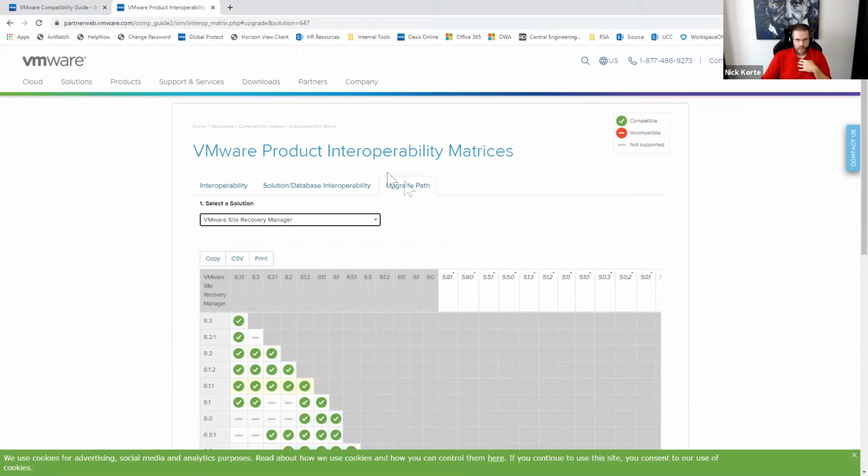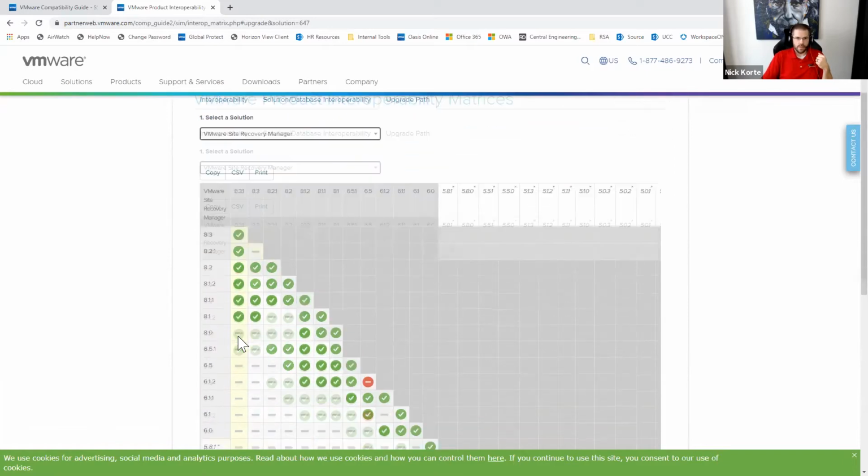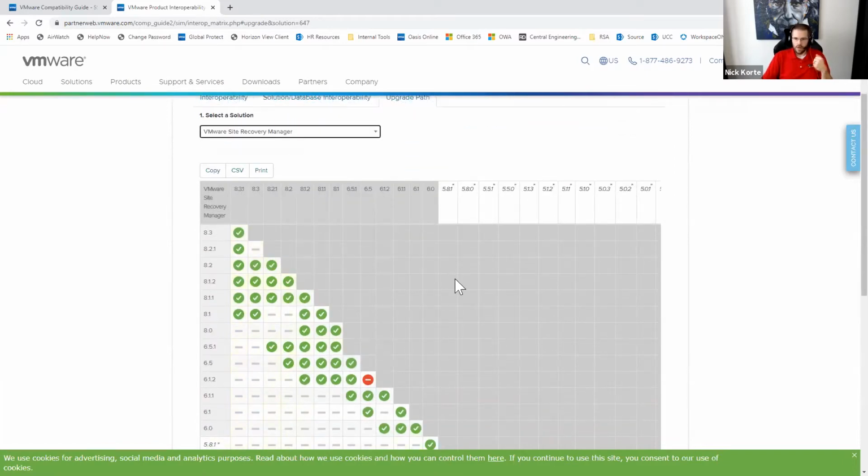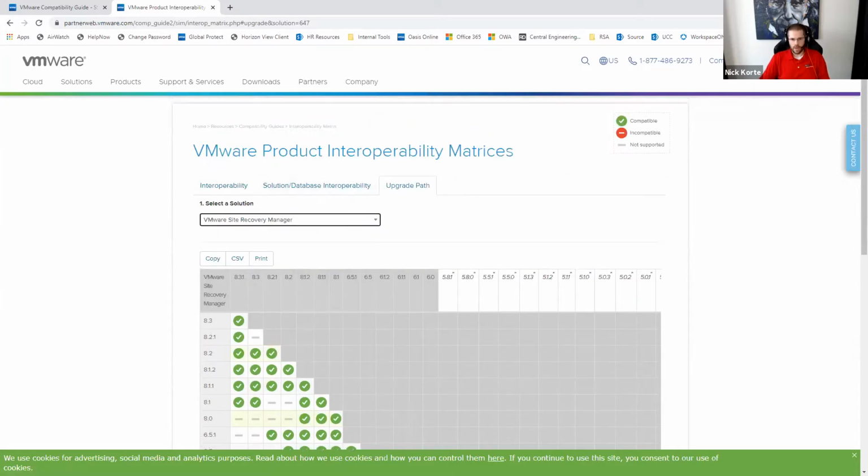I love the upgrade path tab because it tells me where I can go from here in order to get to whatever version I want to get to, where I can't go. Hopefully you've never been the victim of the back in time upgrade problem, where something like a U1 didn't come out for a while and you accidentally upgraded to a version that came out in the calendar year a little bit earlier. It can cause some issues. So I really like that upgrade path